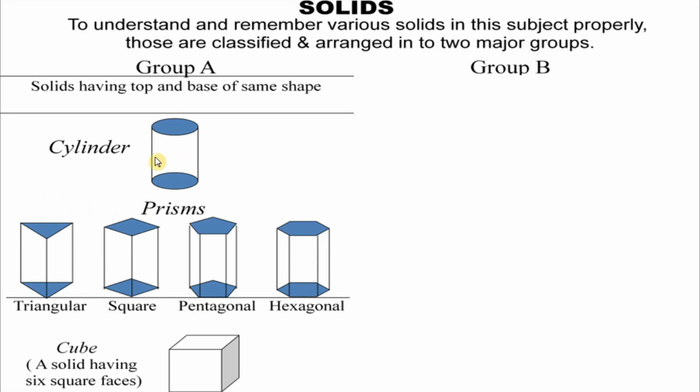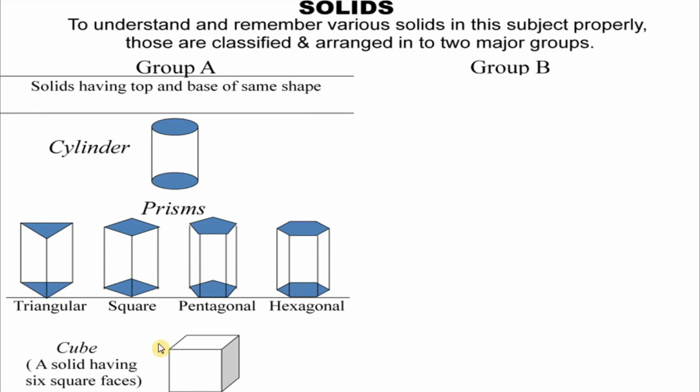The difference between cylinder and the prisms is, other than the bases, there are some other surfaces left in the solid. They are called lateral surfaces. In cylinder, the lateral surface is a curved surface. It has only one curved surface. But in prisms, there are many lateral surfaces. The lateral surfaces are rectangular surfaces. All prisms have many rectangular lateral surfaces.